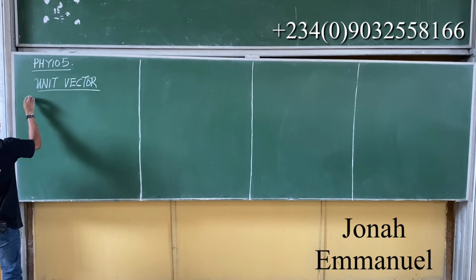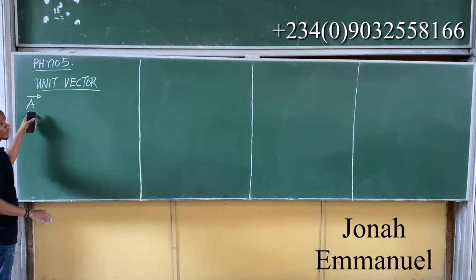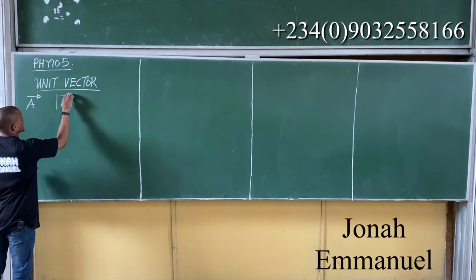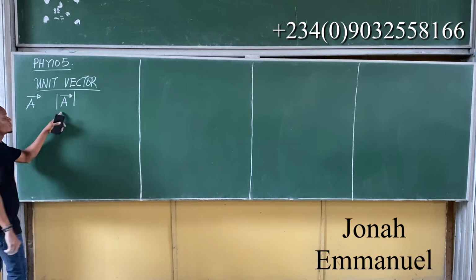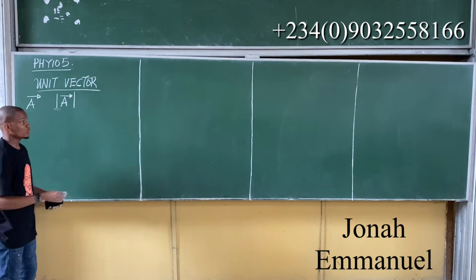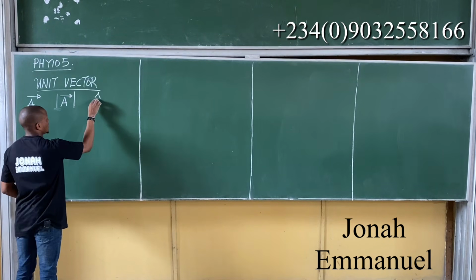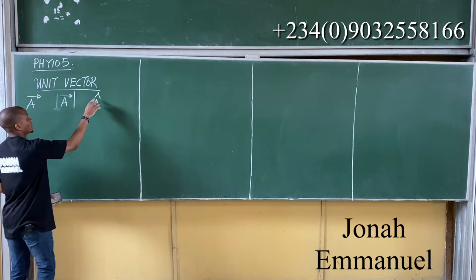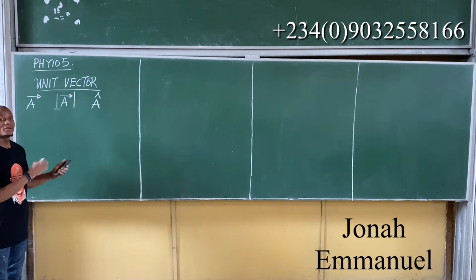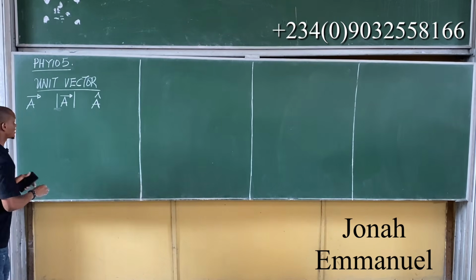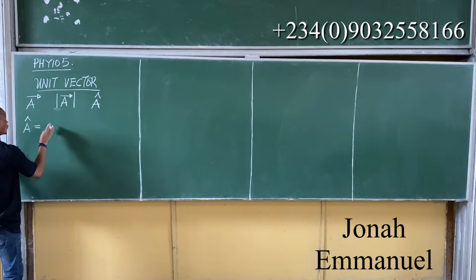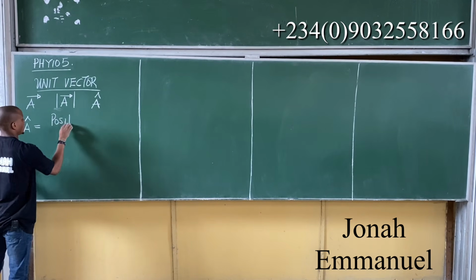So if I have this, it is called the position vector of A. If I have this, it is called the magnitude or modulus of vector A as already described. Also, if I have this, it is called A caret. This means the unit vector of A. Mathematically, the unit vector of A is equal to the position vector